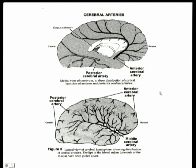Now, this is probably one of the most important slides that you're ever going to see in this course, and I would know this cold. It shows the lateral hemisphere here, so this would be the rostral, caudal. Here's your temporal lobe, here's your lateral fissure. Here's the medial hemisphere. Again, this is rostral, caudal, here's your temporal lobe. And what it shows is the middle cerebral artery distribution, like this. And what you should get out of it is that